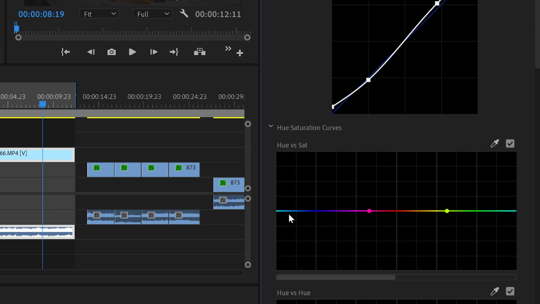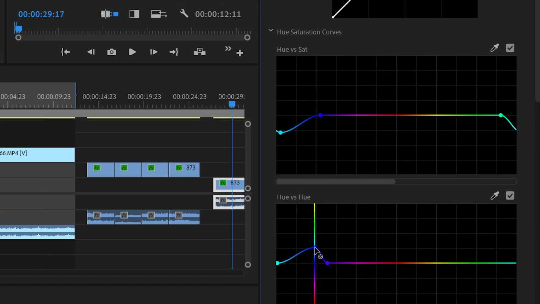What I like to do, since my videos are mainly shot in the city, is to desaturate the tones a little bit to make it feel more cinematic, especially the cold tones like the blue, cyan, and green, playing with the luminance and the hue, setting especially the blues on a cyan tone.